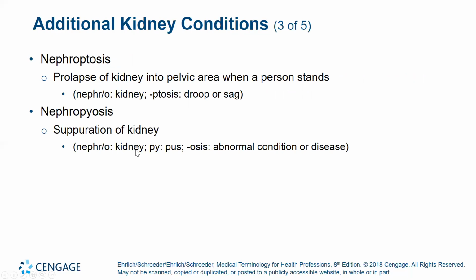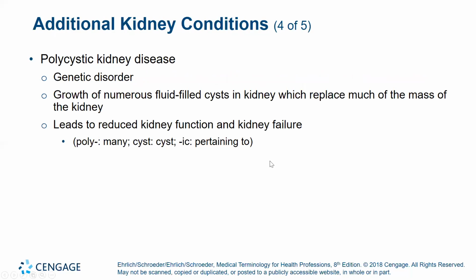Nephropyosis, nephro is kidney, py is pus, osis is abnormal condition. So it's abnormal condition of pus, the kidney. We have polycystic kidney disease. This is a genetic disorder. And looking at this term, we certainly can break that down. Poly is many, cyst is cyst, ic is pertaining to. So it's pertaining to many cysts